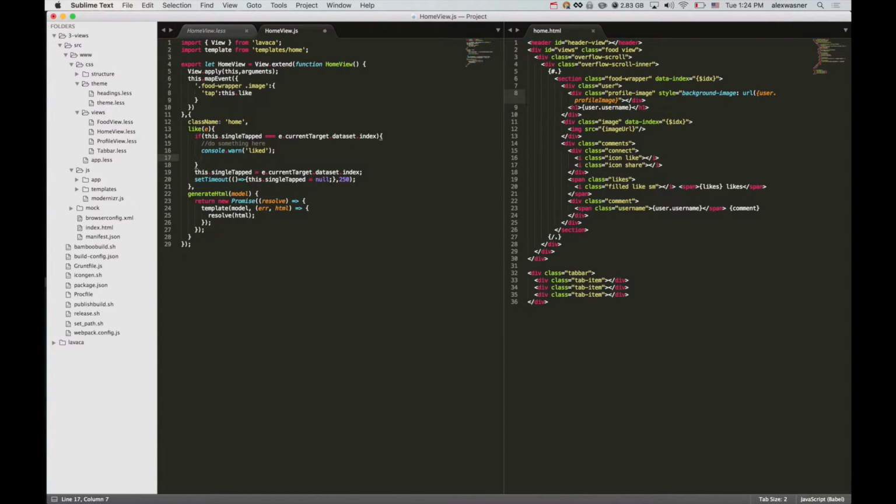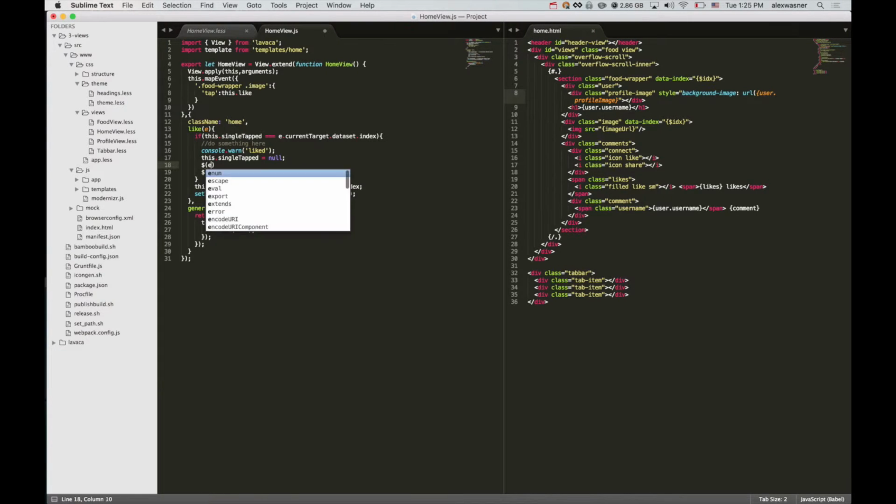So we'll null out that value again, so this.singleTapped equals null. And we're going to grab the current target with a jQuery selector to add a class and remove a class when we need to. So we'll add e.currentTarget addClass of liked. This should trigger the animation. And to remove that class of liked we'll use nextAnimationEnd. This basically is going to watch whatever selector you put into it. So I'm going to put e.currentTarget,